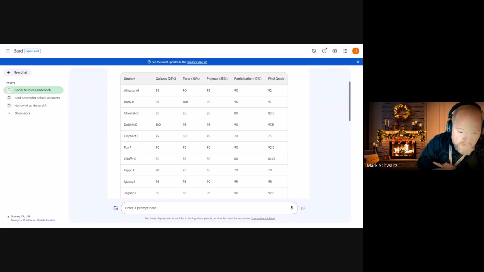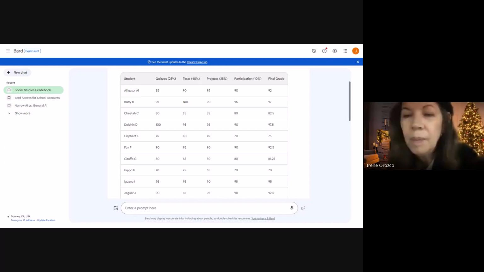Does anybody have a prompt that we could try with Bard? We're just trying to get a sense of how it works. One thing that I do want to share is,